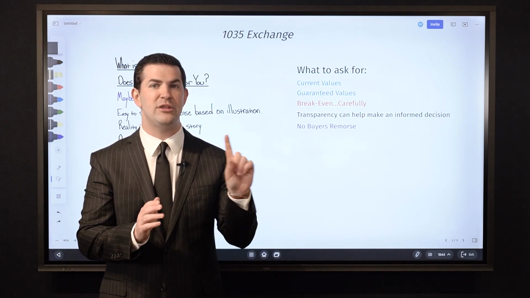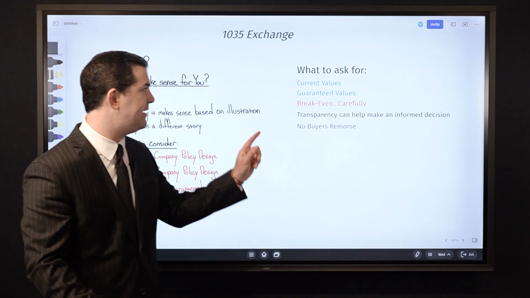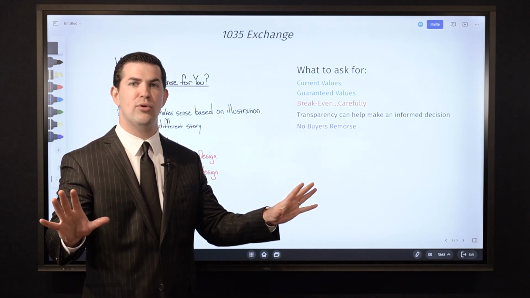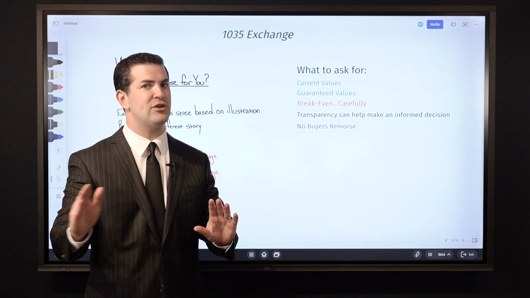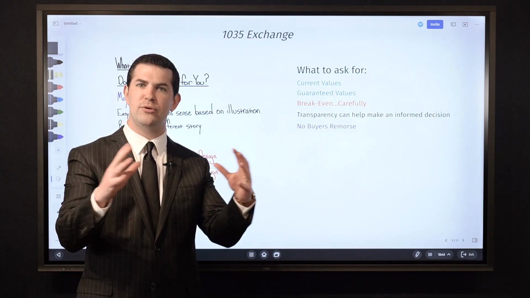Good to look at both with the old policy and a new policy. Look at the two side by side. Next, guaranteed values, both with the old product and the new product. Now, sometimes you'll have to take extra steps here because the guaranteed values, if I take the tabular details or